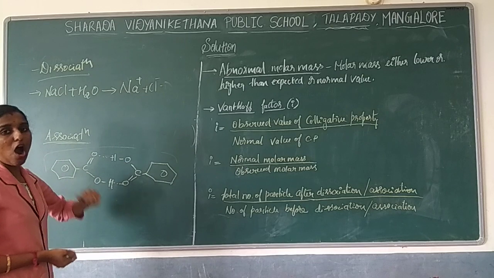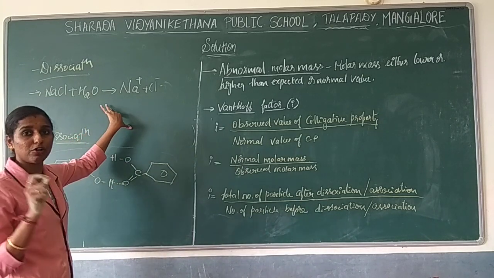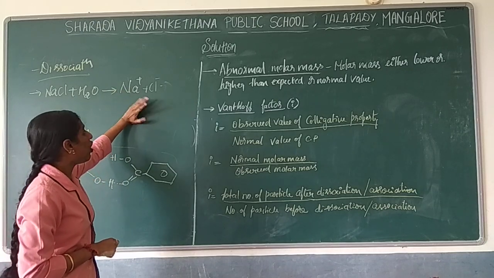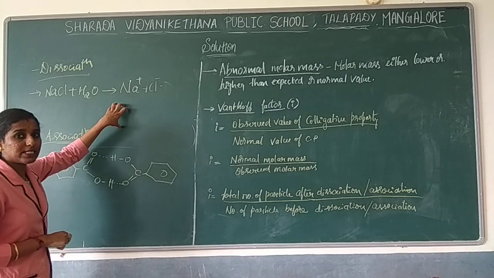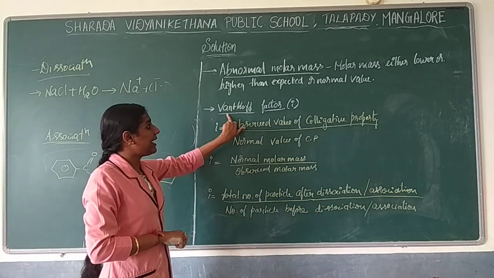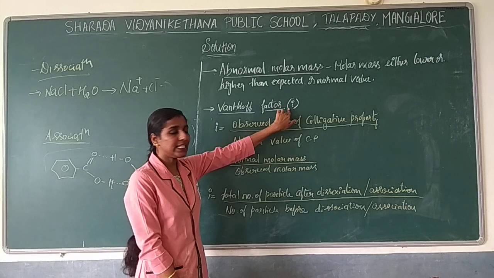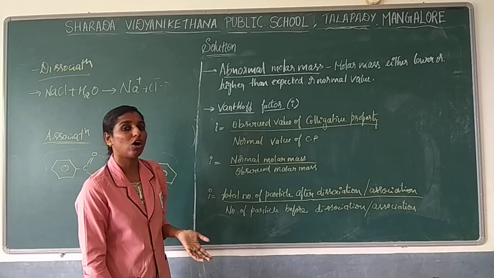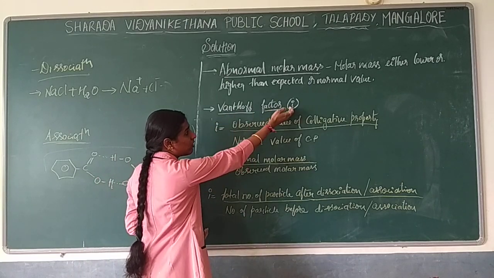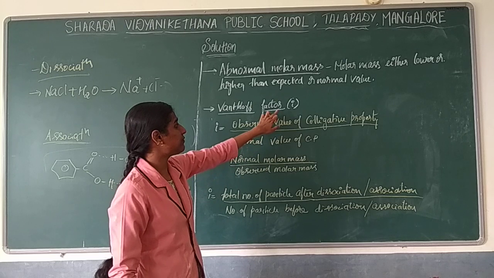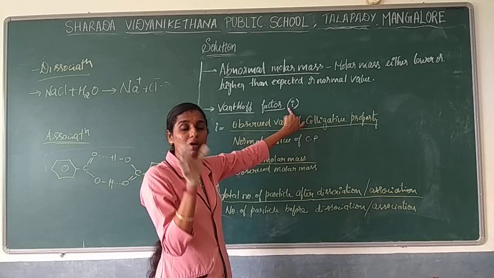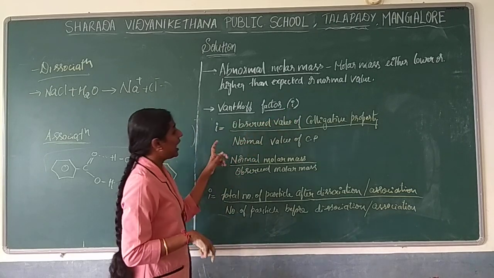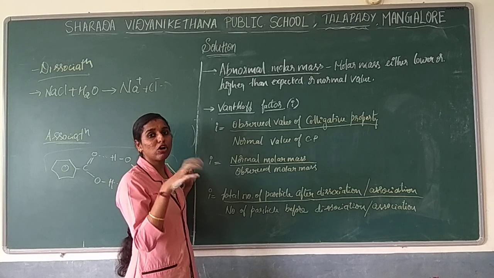In this case, how do we find out the accurate mass of the solute in a solvent? Is it possible or not? That concept was introduced by Van 't Hoff, and he said that by giving the i factor we can find out the accurate mass of any solute in a solvent. He gave a factor known as i, and with this factor we can identify the accurate mass of the solute in the solvent. So how are we going to measure that i factor?